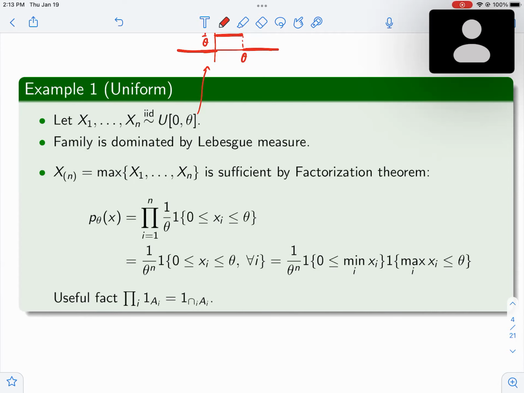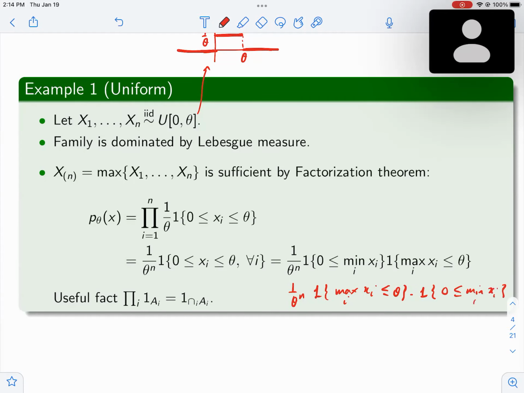Okay. And so I have the product of these 2 indicators. Again, you can think of the product as the intersection. So the event this is describing is that the minimum is bigger than 0 and the maximum is less than theta, which is equivalent to all of them being between 0 and theta. But this has a nice form. It would have been better if I put it on the other side. So this is 1 over theta n, indicator of max xi less than theta,